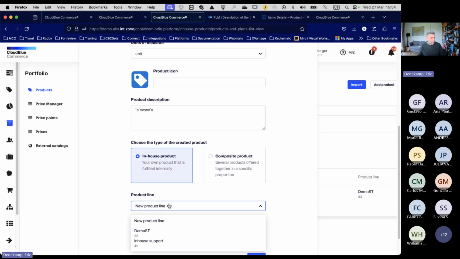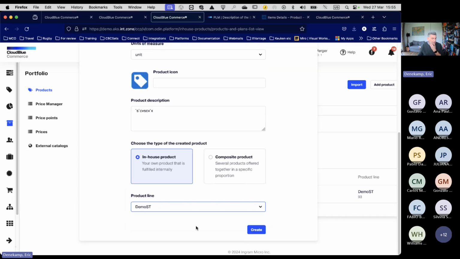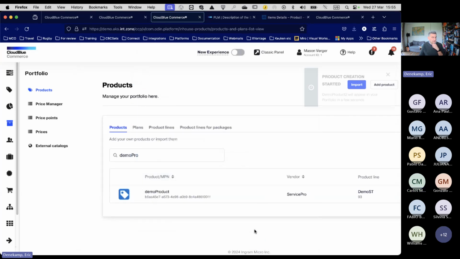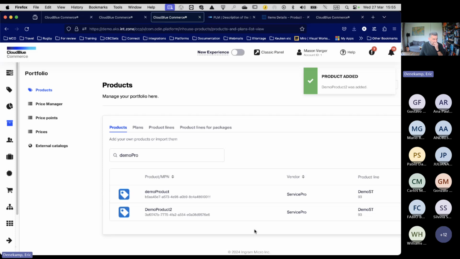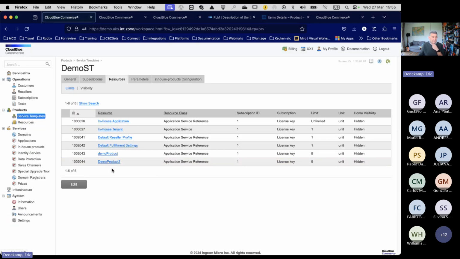I can use a new product line, or I can use the one that I just created. In this case, I'm going to use that one. You see there is no name required anymore. If I create this product, we now have 2 within that product line. Going back to my service template and I refresh the page, you see that it added this one there as well.